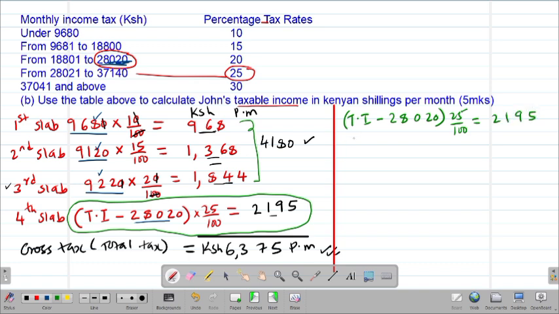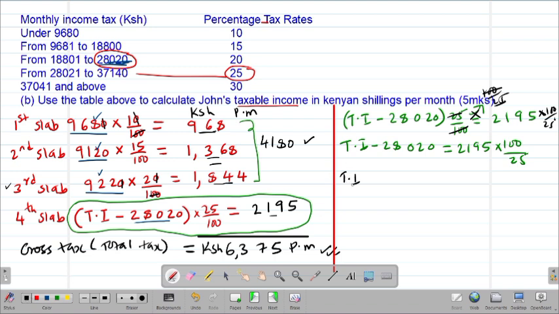21.95. So to easily solve this, I'll write it as taxable income minus 28,020 being equal to, I'll multiply the other side by the reciprocal. So I'll have 21.95 multiplied by 100 over 25. Remember, if I multiply both sides by 100 over 25, these two will cancel out. So I'm going to remain with